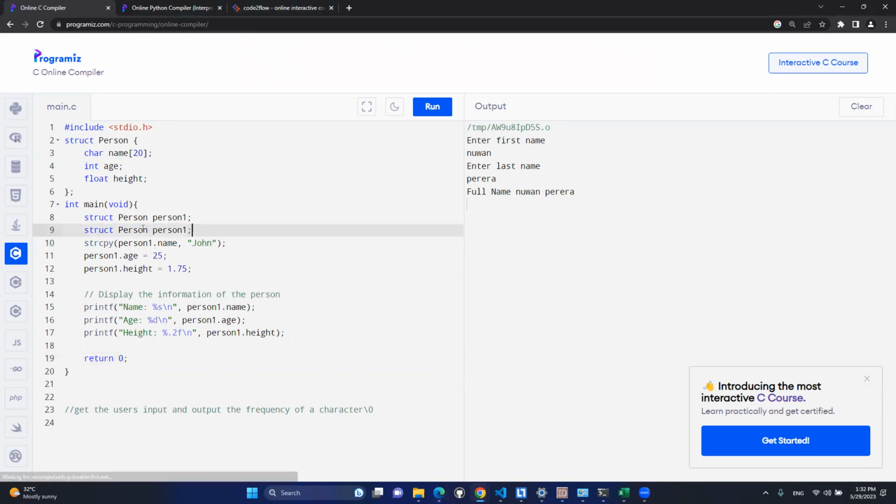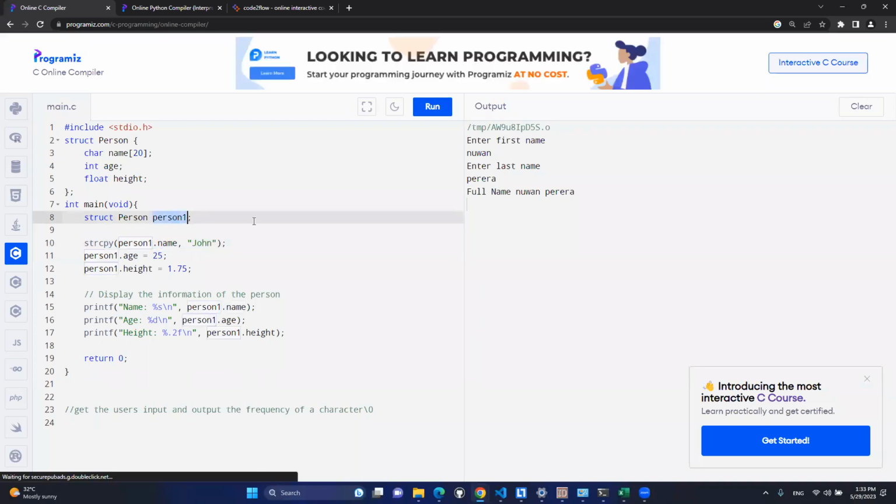Here we use struct person. So person as in name here. This is the data type we have given using structures, the structure that we have created, and we are creating it with the name person1. Okay. So to access it, we put person1 dot name. That means inside person1 we have, inside this we have